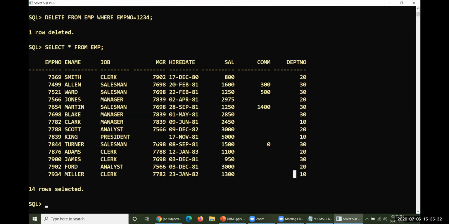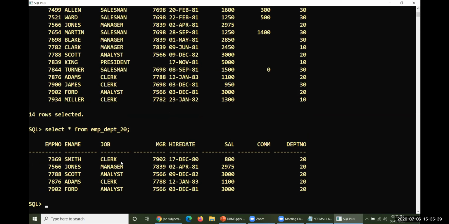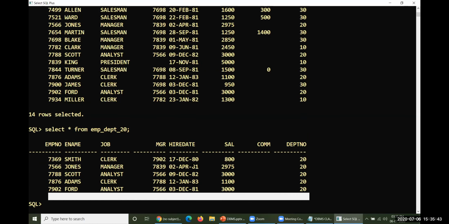Similarly, you have to operate this particular command also. Here also it is not available, whatever the modifications, because EMP_DEPT_20 has taken: select everything from employee where department number equal to 20. That is the view subquery.